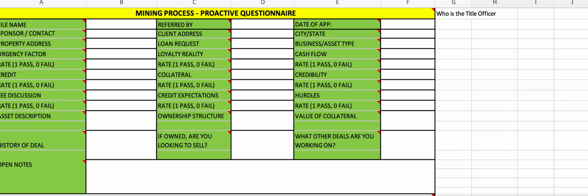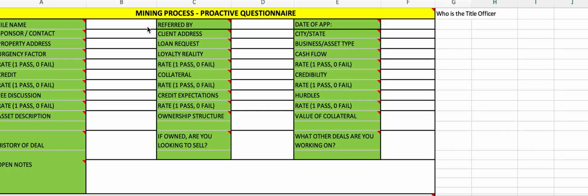So this is, again, for the loan associate on what we call the mining process. This is when you have new opportunities. What form will you use to screen the individual and log the information to see if there's going to be a fit? Because remember, you're in the business of disqualification more than qualification, and so this form will help you